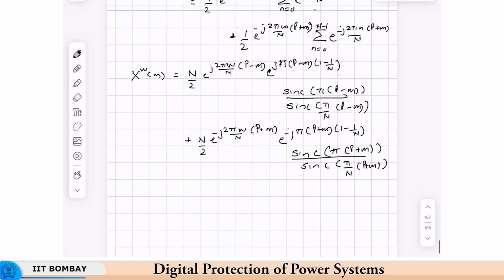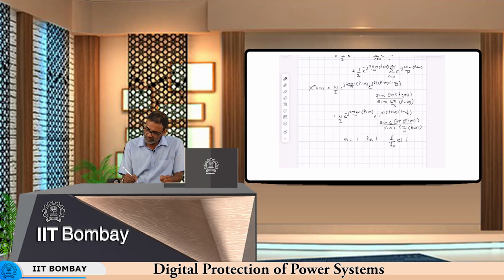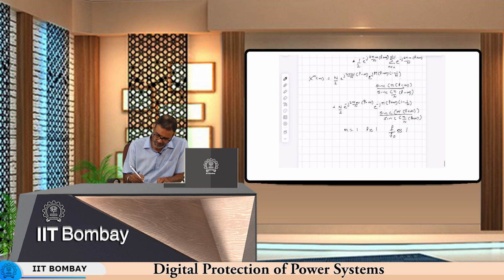Okay. So again, using the same logic for m equal to 1, p close to 1, that is f by f naught very close to 1 if the deviation is very small, what will this second term be? For p equal to 1 and m equal to 1, this will go to 0. But for p close to 1 and m equal to 1, the second term will be very, very close to 0. So this term will disappear. So we get X of